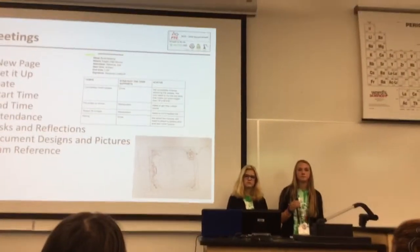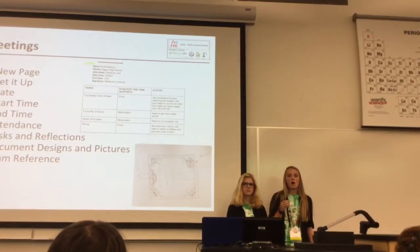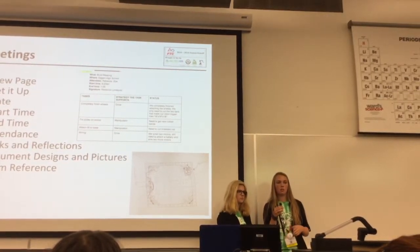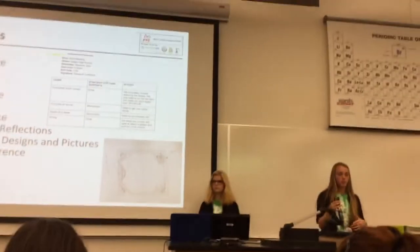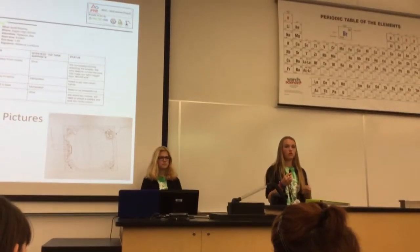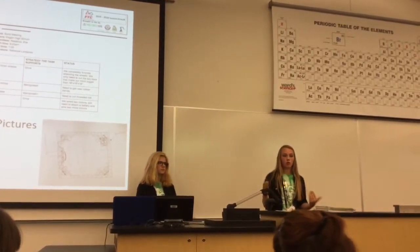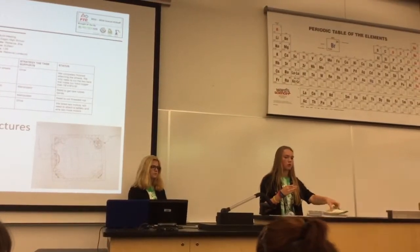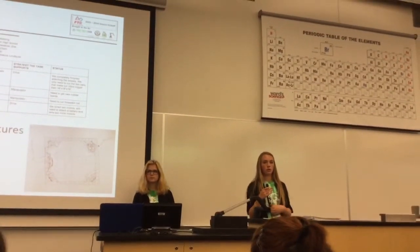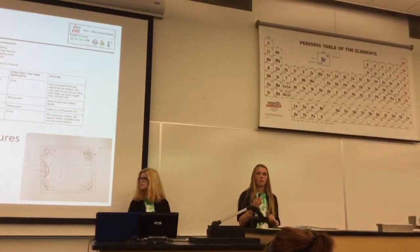Do you find that an organized engineering notebook helps with your presentation in front of the judges? Do you actually use it, or do you hand it over to them beforehand? When you go in for your interview, we have our notebook out in front of us. Depending on the judges, some will want to look through it themselves, but other judges will let you open it up. We had different tabs we would go to. The programming captain would have a specific spot in the notebook to flip open to, and use it as a guide through their presentation. We found it really helpful to tab the really important pieces that you want the judges to see, because if you don't tab them, there's a really good possibility